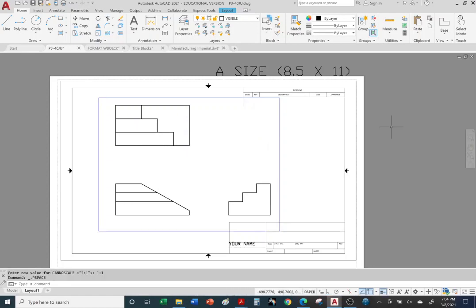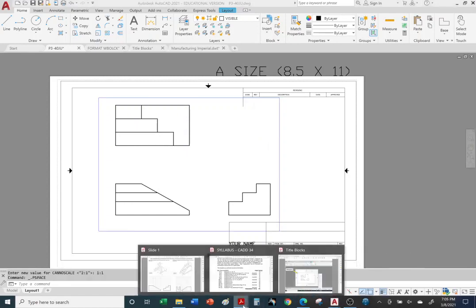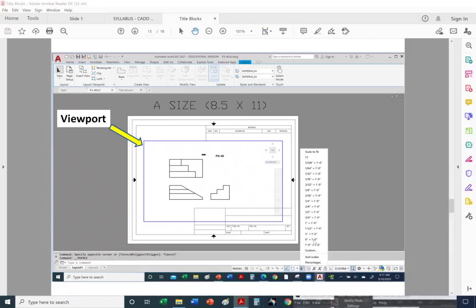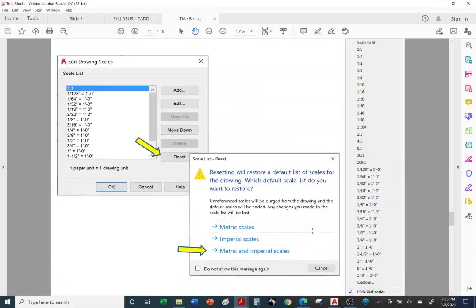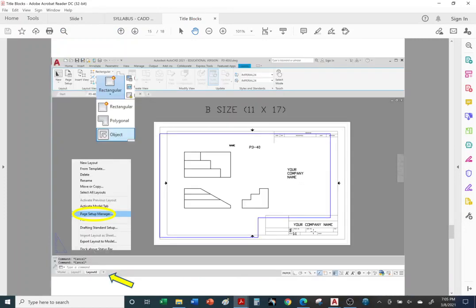Okay, so now let me double click outside. Let's go back to the notes. Okay, so we already went over how to change your sheet sizes, right? Right click on any layout tab, page setup, and that'll let you change your sheet size. Okay, now let's go to